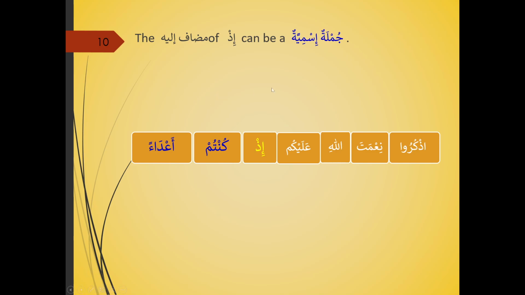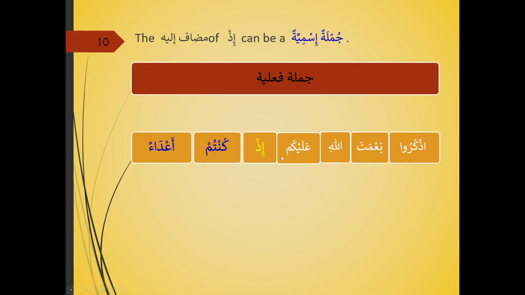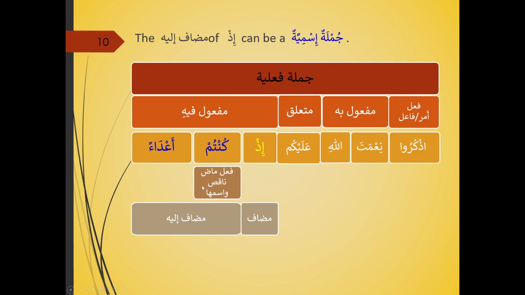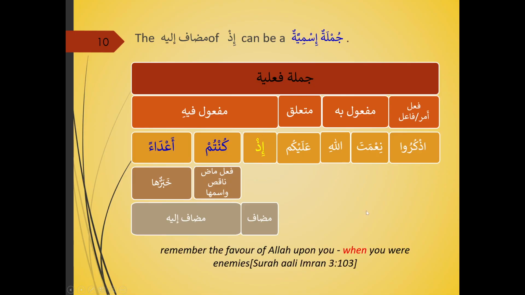This one is just another example, but in this case it's straightforward, jumlah ismiyah, and we don't have the back to back. I found one like this, but of course we're looking at a fi'il nakis. Technically there's a fi'il here, but as you know, with nakis we treat it as a jumlah ismiyah. So here we have fi'il madin nakis, and its isim and khabar. But when we translate, it is like a jumlah ismiyah. So in this case, no back to back. It's just one zarf.